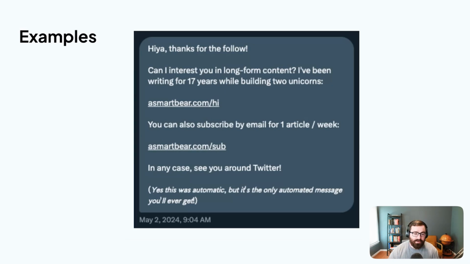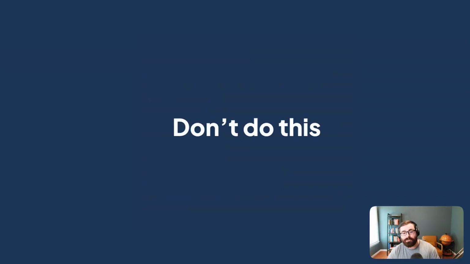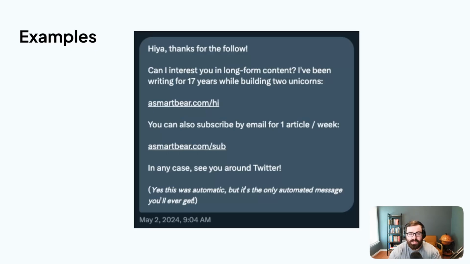This is a DM from the founder of SmartBear and some other companies too. And so he's built a multi-billion-dollar company, but he still sends these DMs to new followers because he wants more email subscribers. It's incredibly powerful, and a lot of people don't utilize this tactic. Now, the important thing here is this is a warm DM, not a cold DM. So if someone follows you, they're way more likely to sign up for your newsletter. If someone doesn't know you at all and doesn't follow you, don't DM them. This isn't going to work, but it works very well as a warm DM.